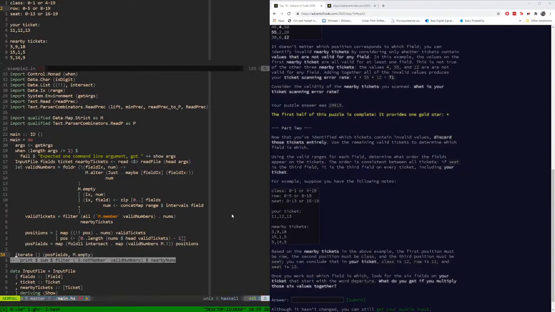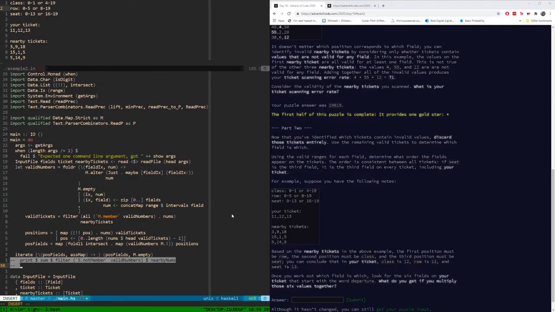This would be our final result. So here we have a function that will take position fields and a map, and what it will do,